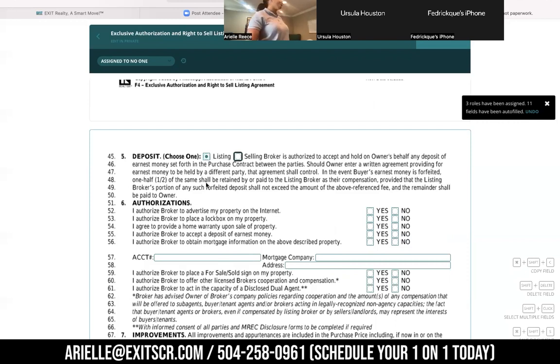Lines 52 through 56 are different authorizations that the sellers will give you as the listing agent. And one of those things is advertising their property. Can you put a lockbox? Do they want a home warranty? Are you gonna accept earnest money? And are you gonna get their mortgage information? I recommend hitting yes on behalf of your client for all those things. They're gonna go back and sign off and review everything, but I recommend clicking yes on all of those,